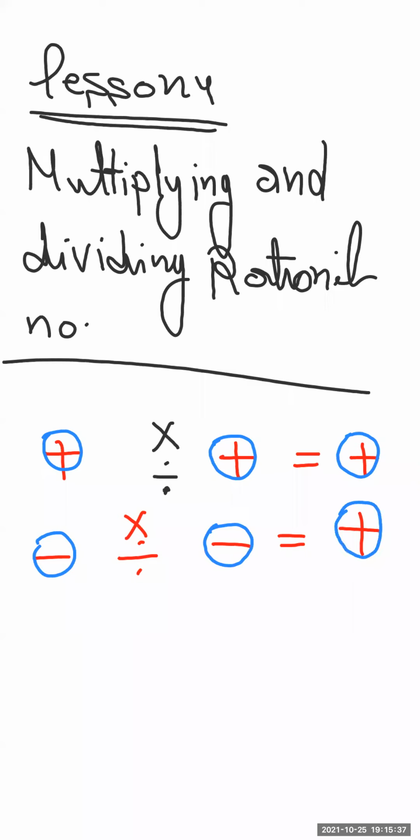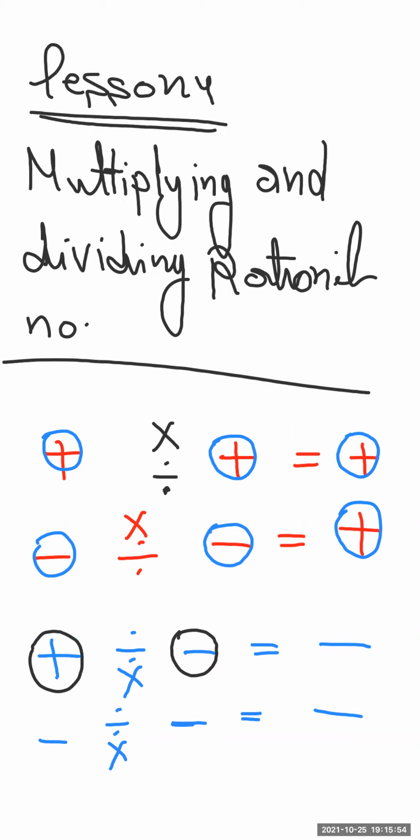But if the two signs are different, like positive divided by or multiplied by a negative number, in this case, it will be negative. And also if it's a negative divided by or multiplied by a positive number, it will also be negative. So positive and negative division or multiplication will equal negative. Negative and positive will equal negative. So simply, guys,